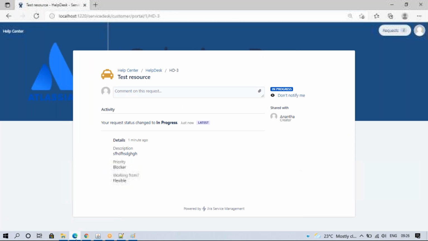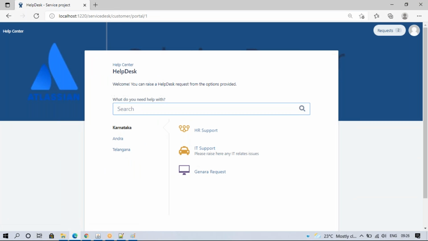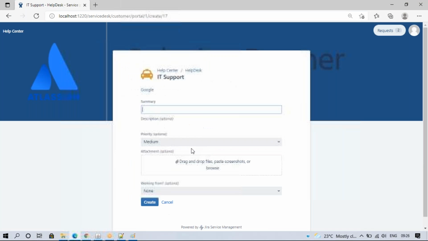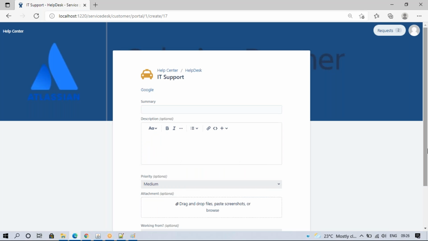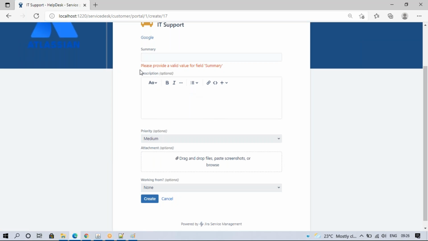Suppose I click on the create button and create support, I have these fields. After creating the screen, the fields are optional or mandatory. Description is optional, priority is optional, attachment is optional, working from home is optional. Without entering these fields I can create the ticket, but I want to make these fields mandatory.